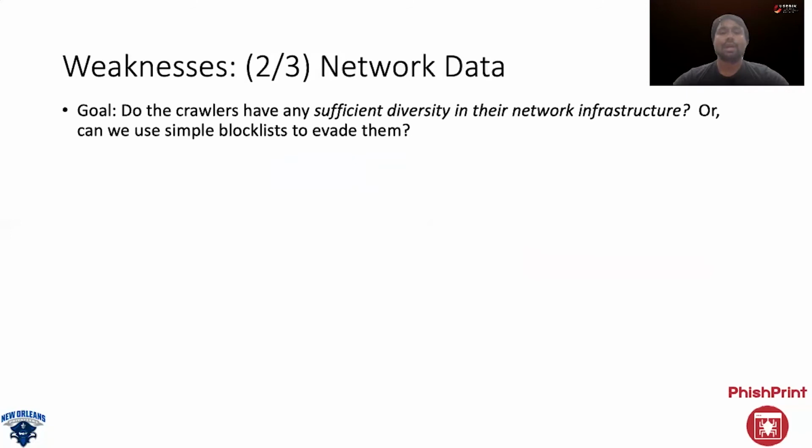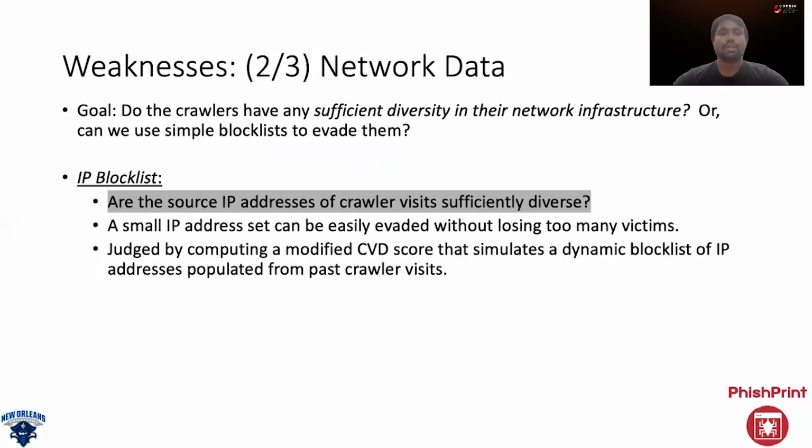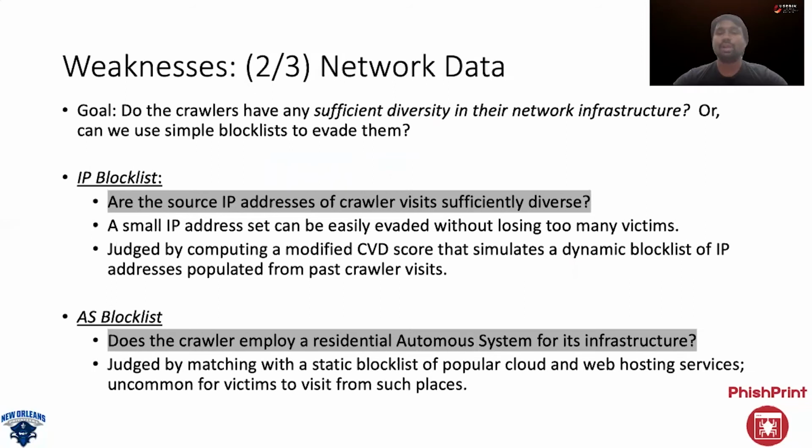On the network data, we were interested in whether the crawlers have sufficient diversity in their network infrastructure. Are the source IP addresses of crawler visits sufficiently diverse, as a small IP address set can be easily evaded without losing too many victims? Similarly, on the AS block list, do the crawlers employ a residential autonomous system for their infrastructure? Based on regular internet users' visits, it is highly unlikely that a regular internet user will visit from cloud